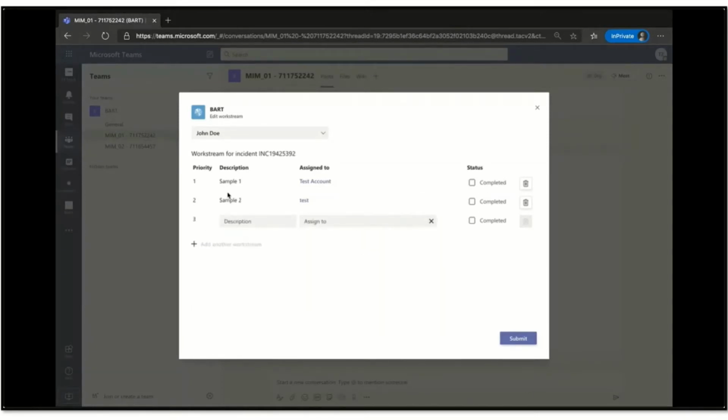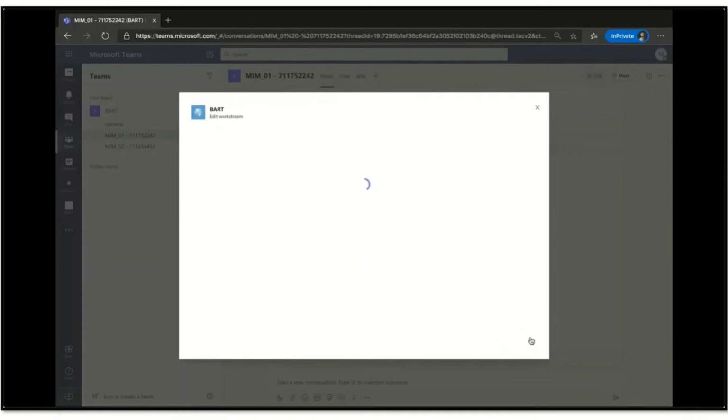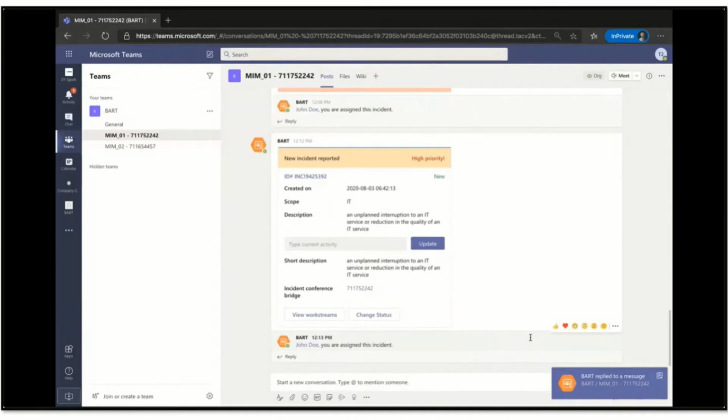I can also switch my descriptions like this, giving it priority, and I click on submit. So the people who are selected according to the priority will be added to the workstream and will be shown in the channel thread, like it is shown here.